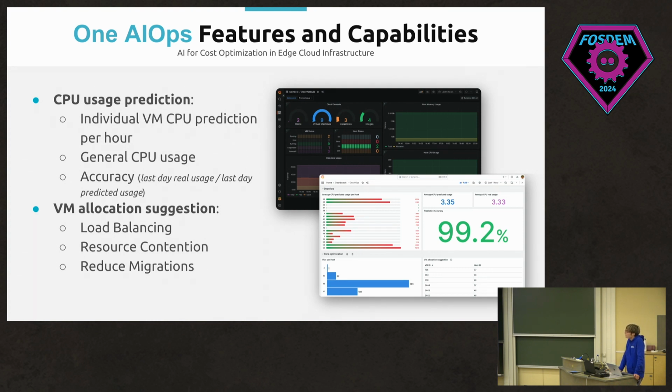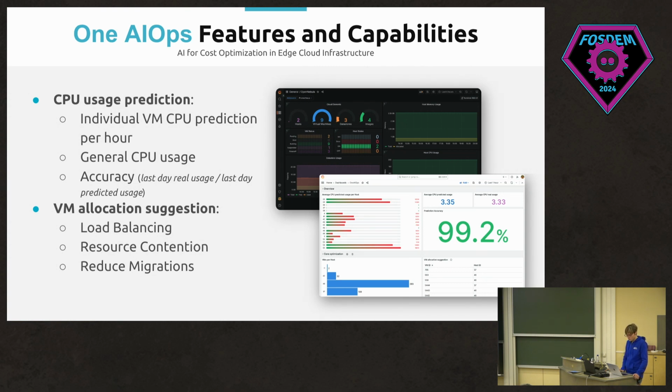The next policy is resource contention, very useful for public cloud environments when you want to use a few number of hosts. And the last one is reduce migration. That policy is very useful when you want to avoid migrating VMs between hosts. This scenario is very useful for edge environments where the migration of virtual machines between edge nodes sometimes cannot